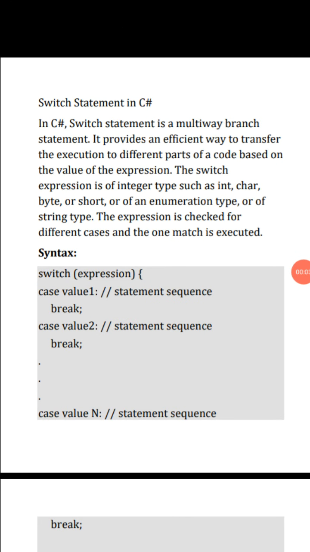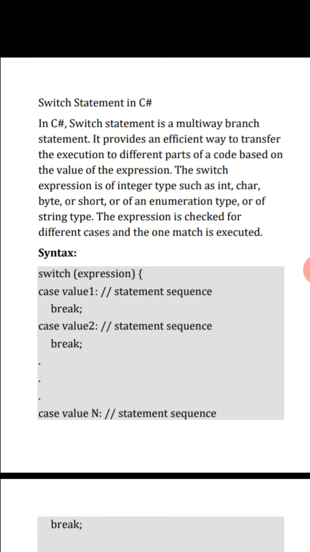See, the next point is the switch statement in C sharp. In C sharp, the switch statement is a multi-way branch statement. It provides an efficient way to transfer the execution to different parts of a code based on the value of the expression.